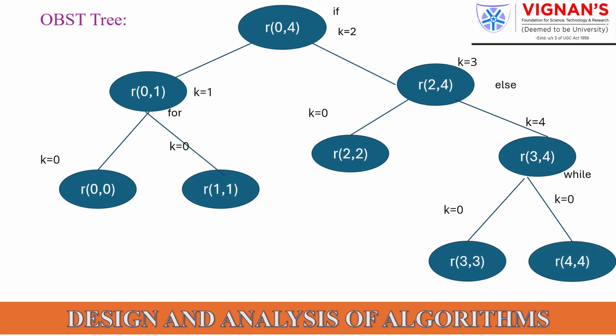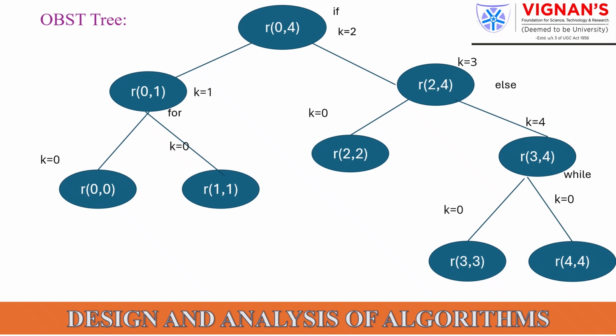Final OBST structure. Root is if. Left child is 4. Right child is else. Right child of else is while. This structure gives the minimum expected search cost. Final conclusion: using the R of I, J table, the OBST is constructed recursively, ensuring the least